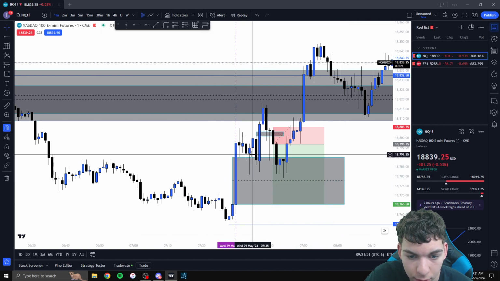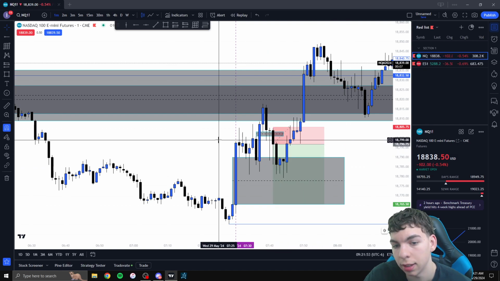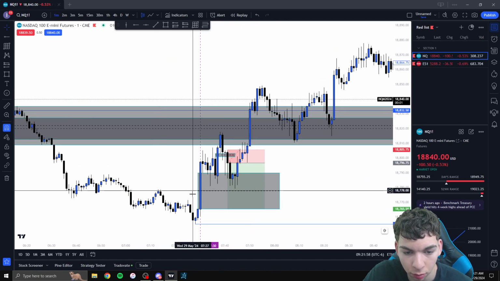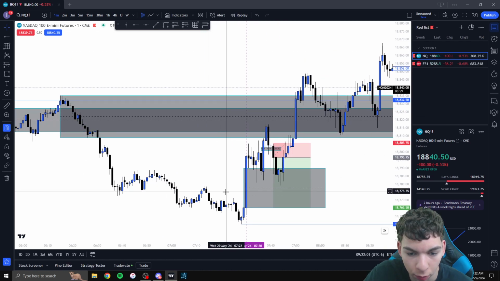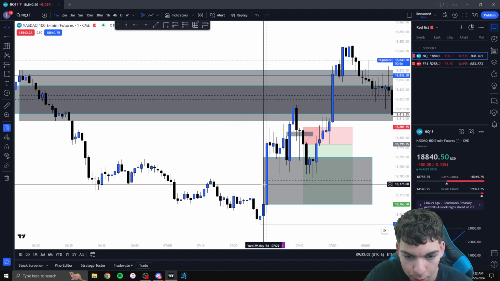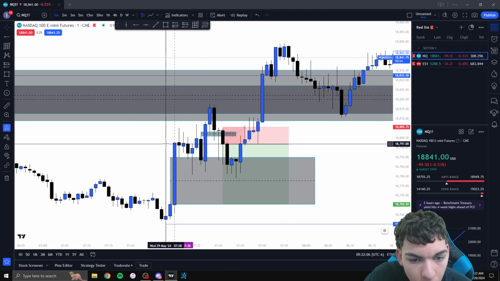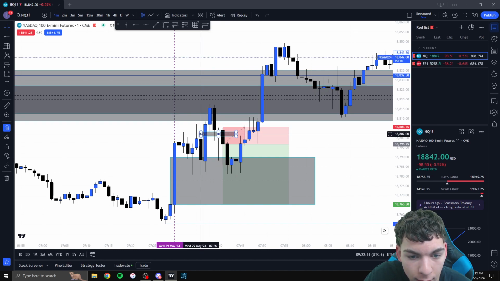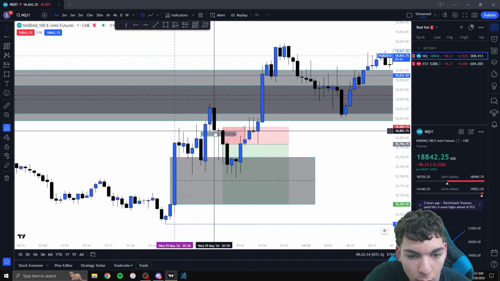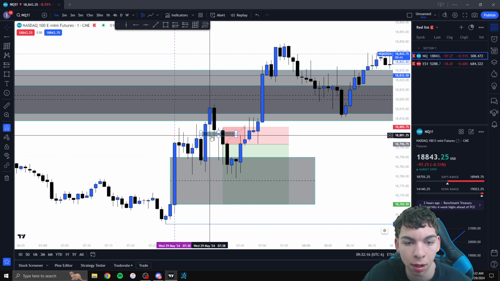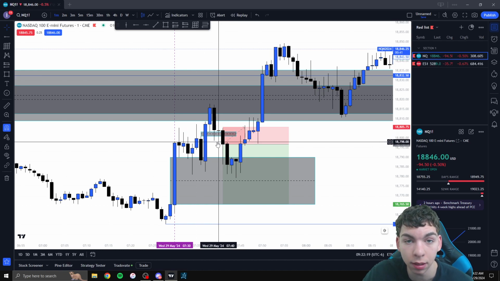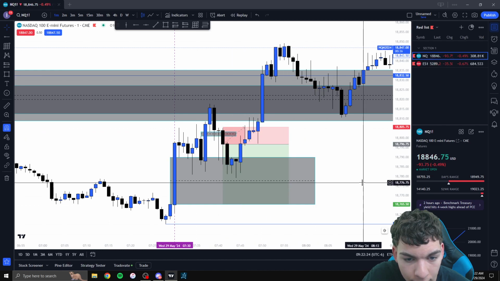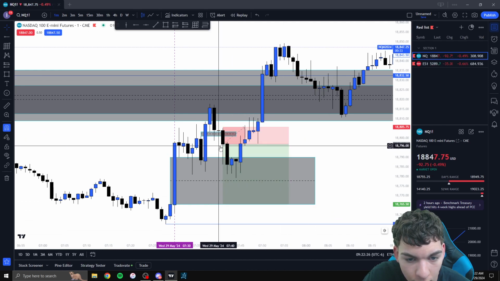This is a big bullish fair value gap that price is respecting the crap out of. And honestly, I was kind of foolish taking a short with no confluences, since price was respecting this fair value gap so well. But this is where I entered. I see price reject this, which is good. I see the bullish fair value gap. I want price to disrespect that, because that tells me price doesn't care about it and it's going to go even lower. So I see it gets disrespected, and then I enter off the closure of this 1-minute candle,